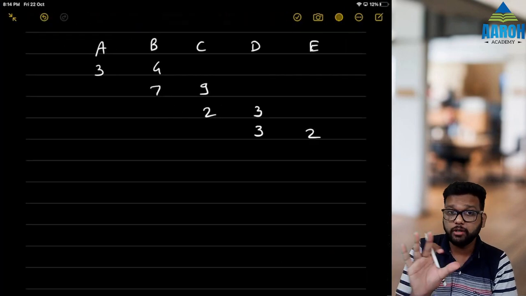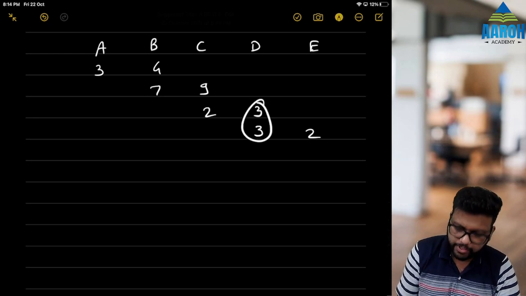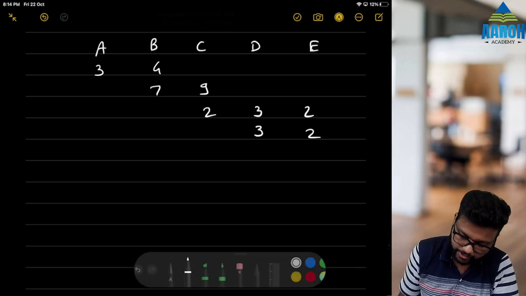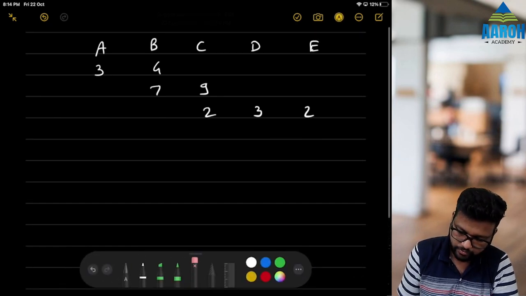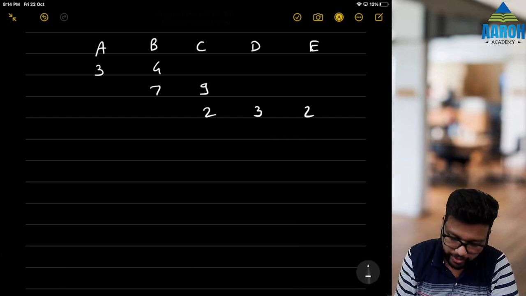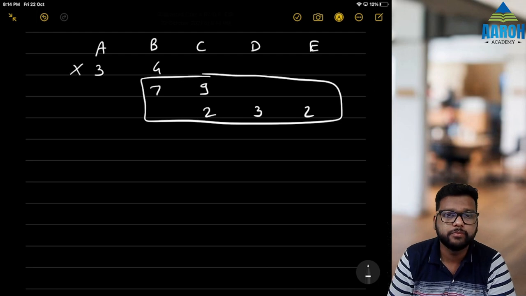You should know how to combine this. These concepts are important for fast solving. First of all, this 3 is common, so we can directly merge that ratio. 2 is to 3 is to 2, and erase this. Fine. Now how do we merge it? We have to take each pair. Let's take these two pairs first. Let's ignore this for now.